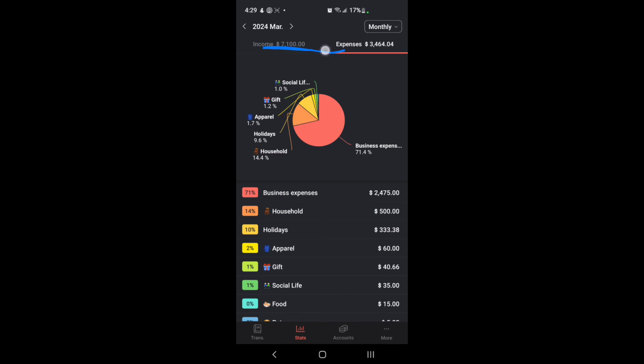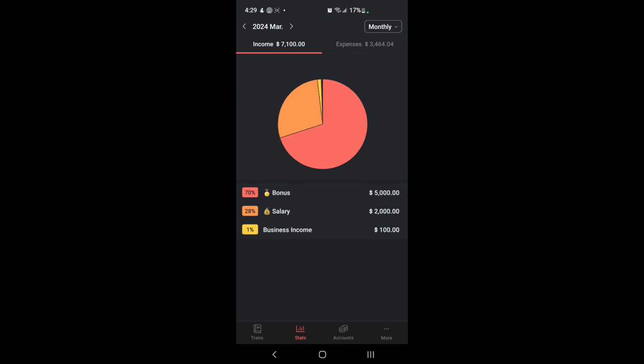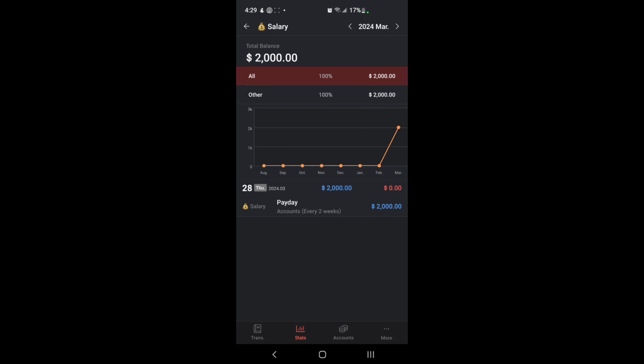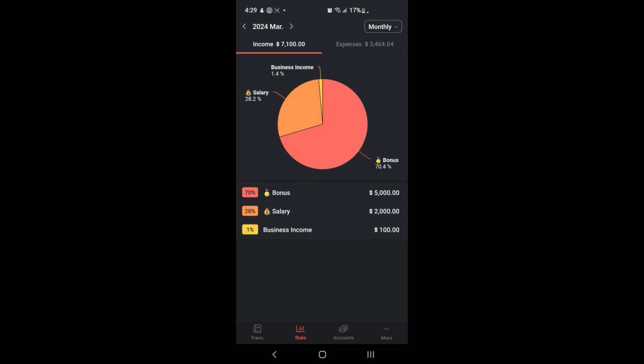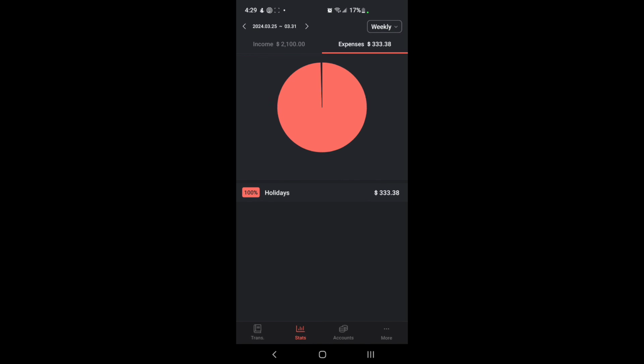If you toggle between expenses and income, you press income, it gives you the same thing. You can see how much was for each one. You could press on salary and it gives you your transactions and your totals. You can see it in the monthly view. But if you drop this down, you could see it as weekly, monthly, annual, or a specific period that you choose. If we go to our expenses and we look at it weekly,